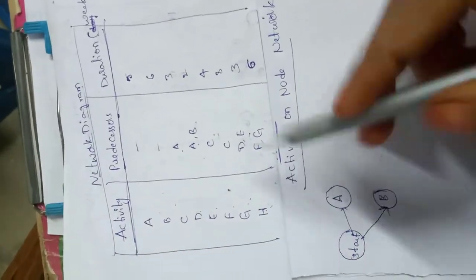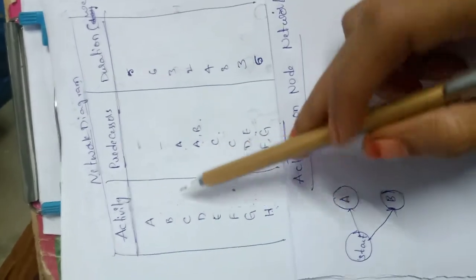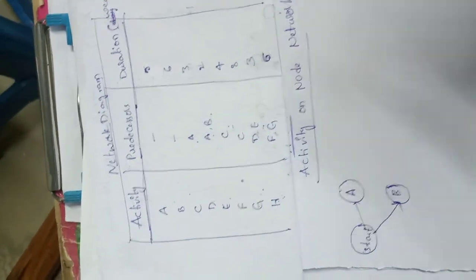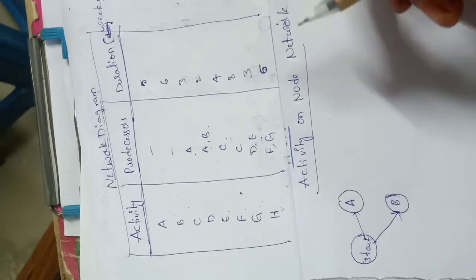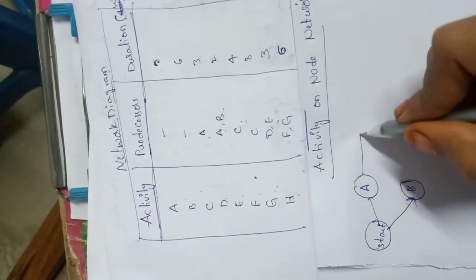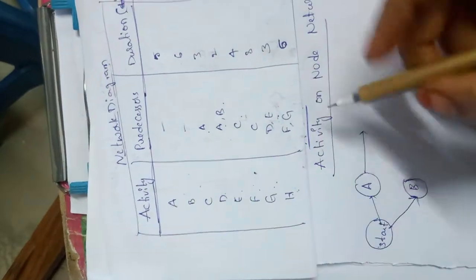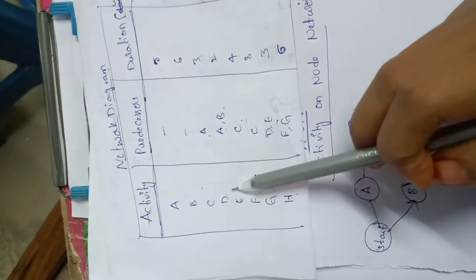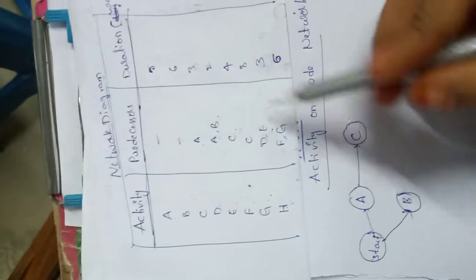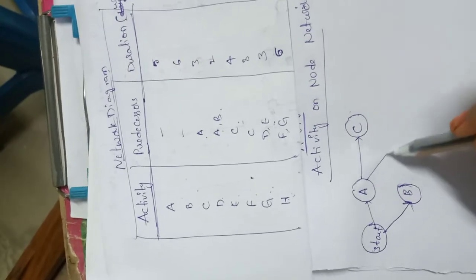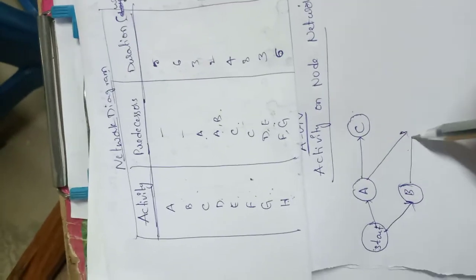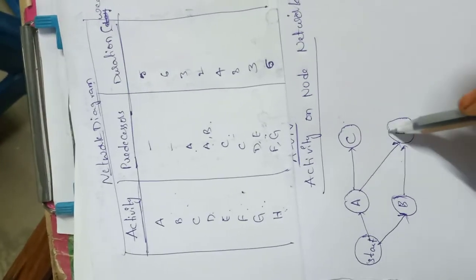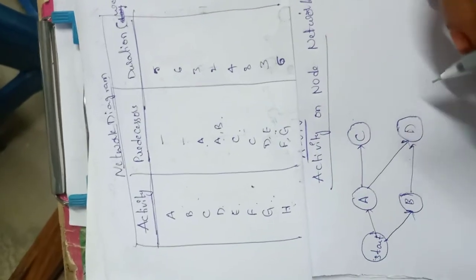Okay. After this we need to draw next coming activities. For next activity C, A is predecessor. So to build up a relationship between these activities, we can use our arrows here. From A, I'll be taking one arrow and I'll be connecting it to activity C. That is fine. Next, activity D will be having A and B as predecessors. So from A, I can take one arrow, and from B I can take one more arrow and connect it to the next activity D. In this way I can draw activity A, B, C, D.